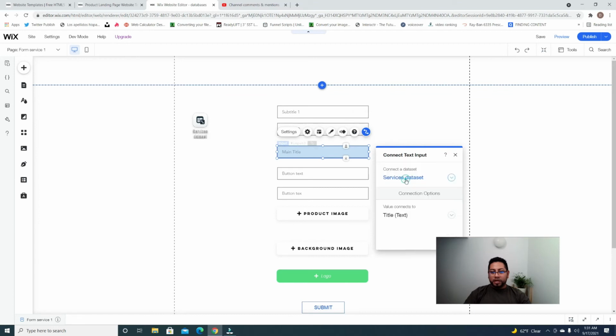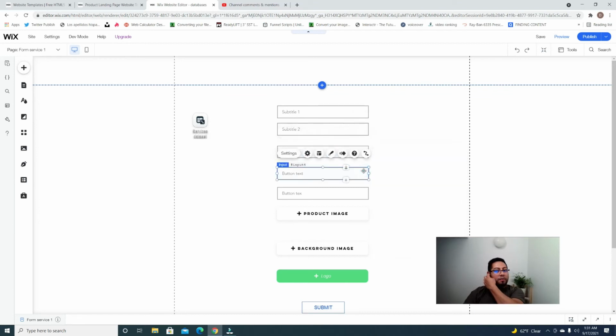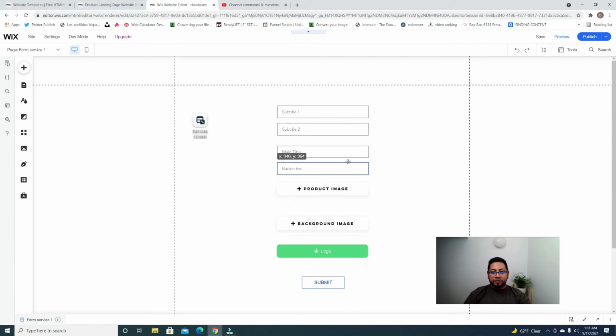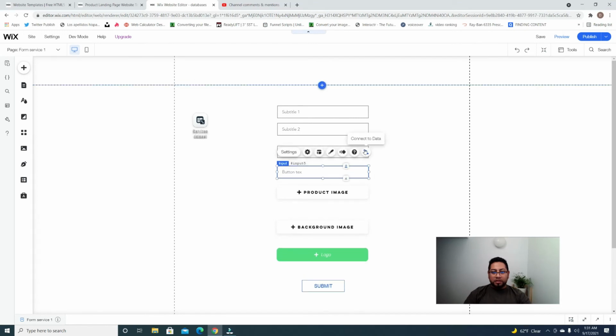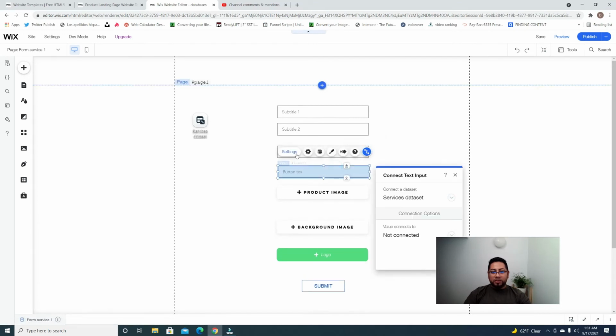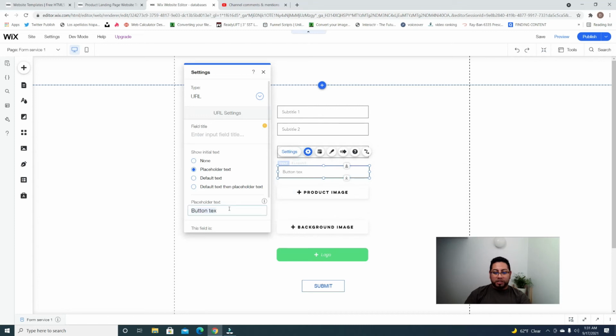Sorry, right here, title. This is going to be a button text that we couldn't make it work because it doesn't work that way. So we're just going to connect the button. And this is going to be a button. Let me change this. This is missing a T. Okay. This is going to be button